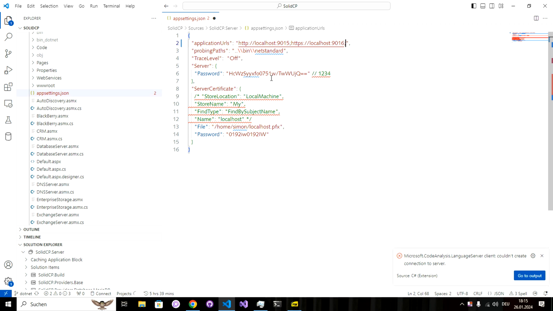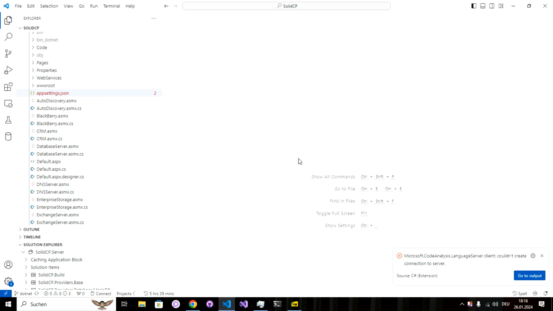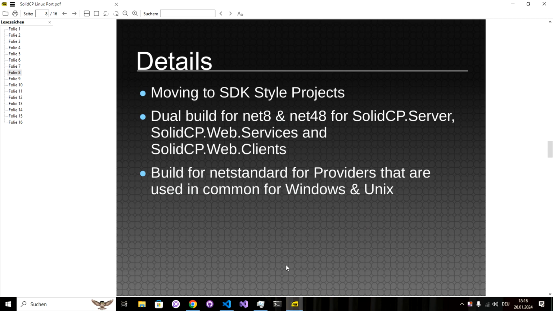And here's the server password, the same as is used in the web config for .NET 4.8, and then a certificate for the server to use. We could specify a store certificate from a certificate store, or just from a file and a password. Save this. Okay, so yes,